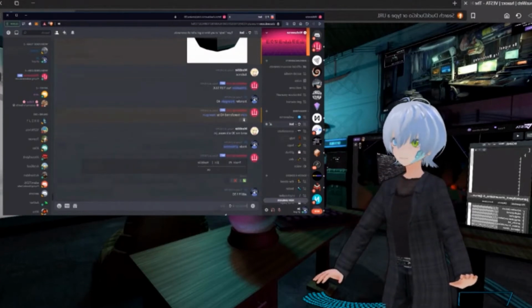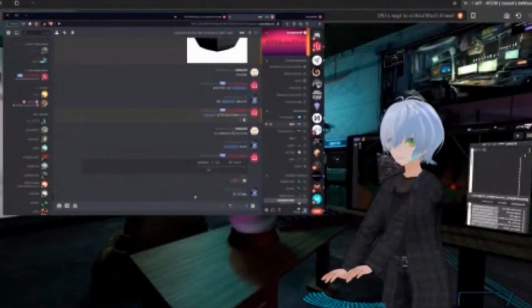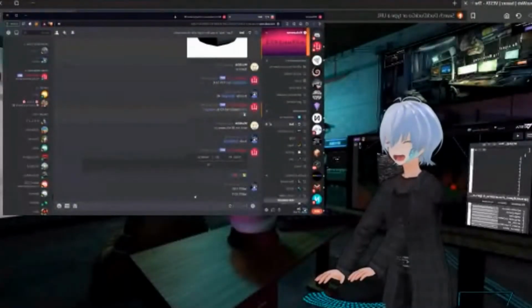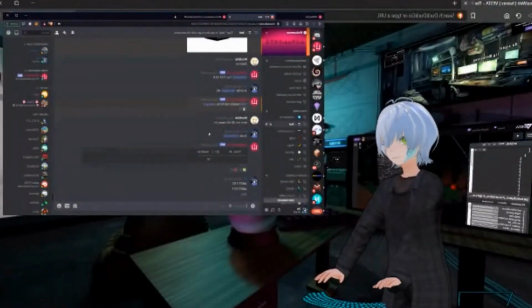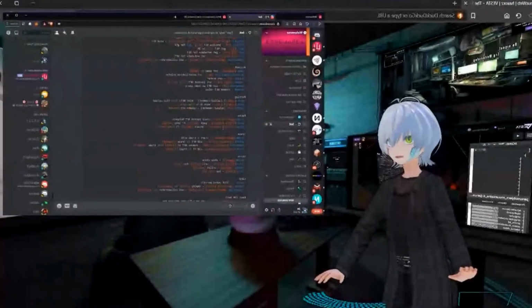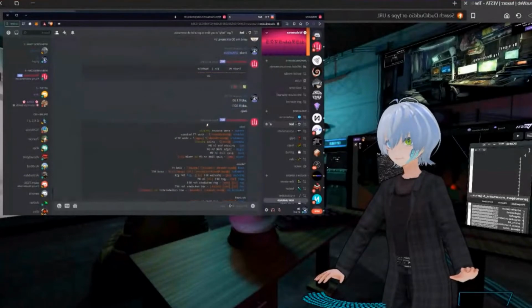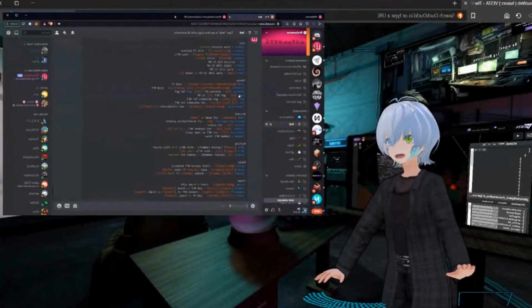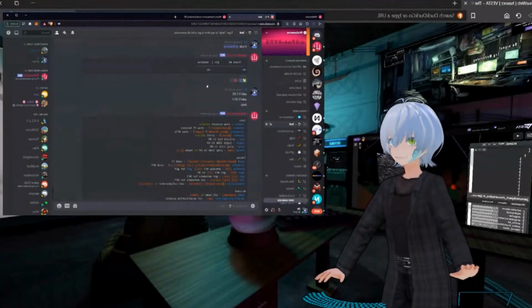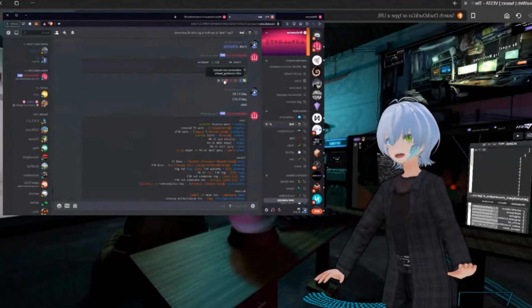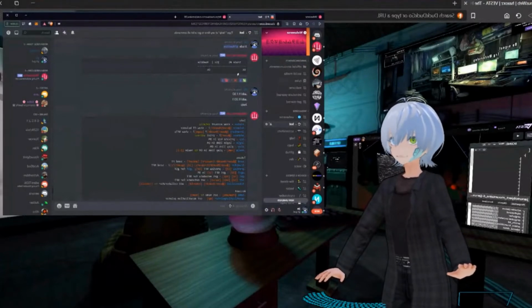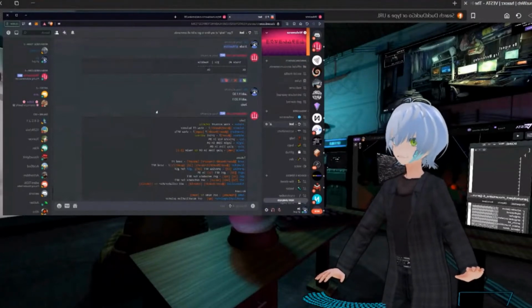I can add, let me see, add 31. Let it go. For trade. I'll look at that later. But yeah, we can trade fungible and non-fungible tokens at the same time directly in Discord,